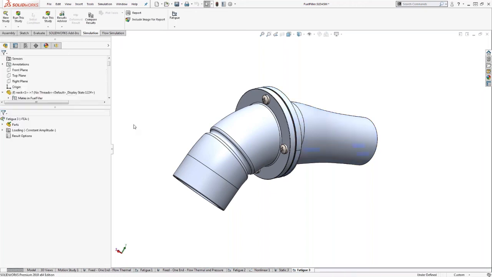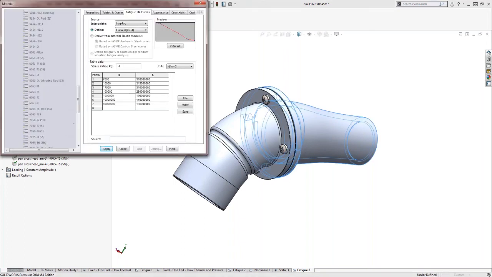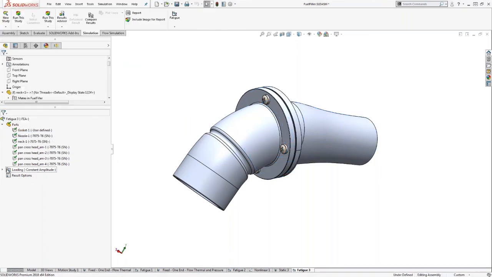And when I hit OK, it incorporates the materials from the static analysis. And you see that I chose a material here that had an SN curve, the 7075 T6. So it's utilizing this SN data to tell me whether it's going to fail, or how it's going to do after a certain number of cycles that I specified, right? But ultimately, you're defining the number of cycles to failure and the actual alternating stresses. So you can create your own SN data here, and then when you run the analysis,